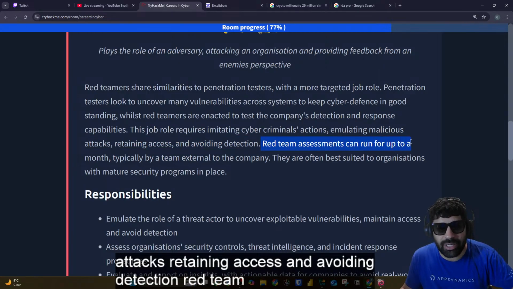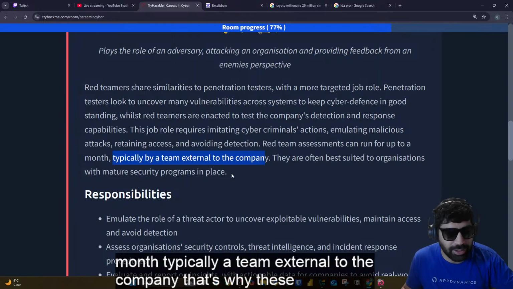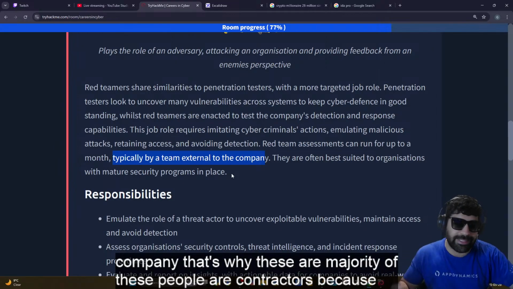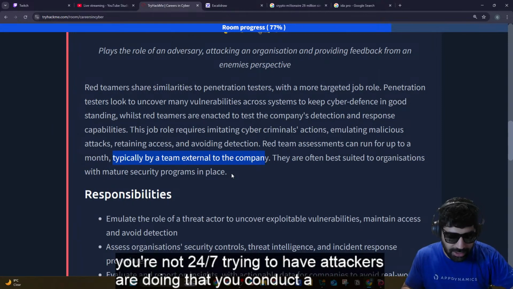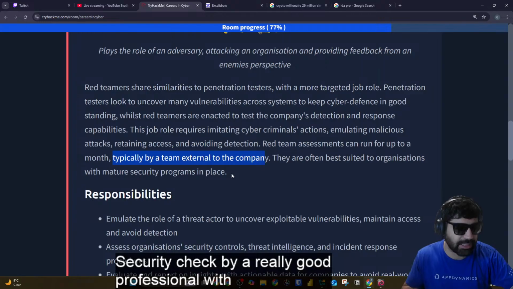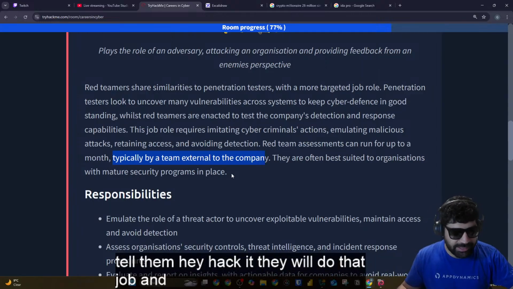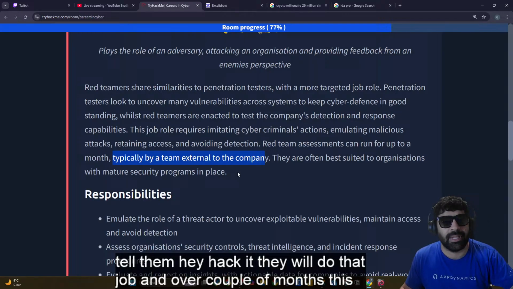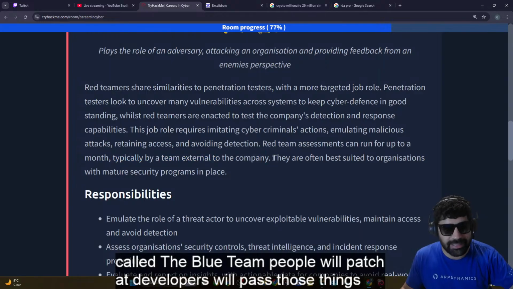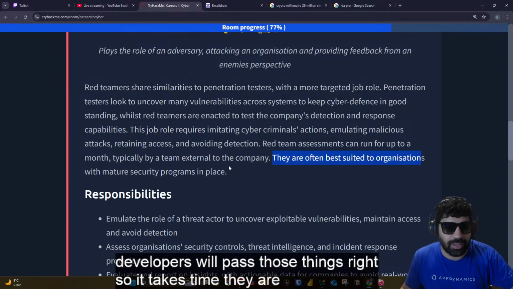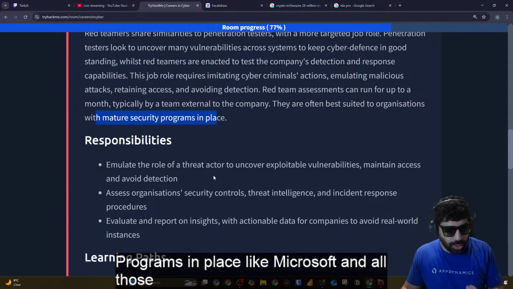Red team assessment can run up to a month, typically by a team external to the company. That's why the majority of these people are contractors, because you're not trying to hack 24/7. Attackers are doing that. You get a proper security check by a really good professional with really good experience. Tell them, hey, hack it. They will do that job, and over a couple of months the blue team people will patch it, developers will patch those things. So it takes time. They are often best suited to organizations with mature security programs in place, like Microsoft and all those. Those people can afford so